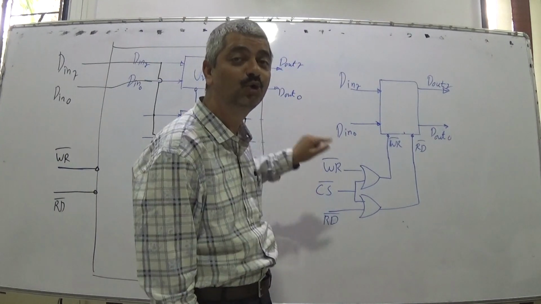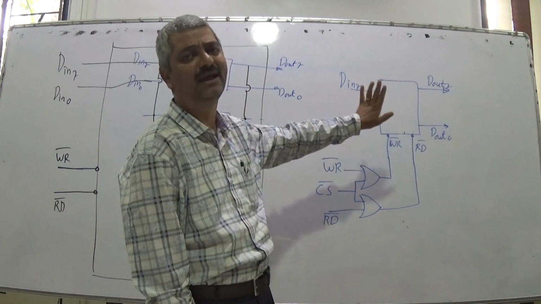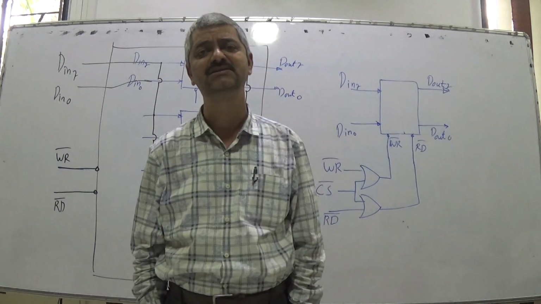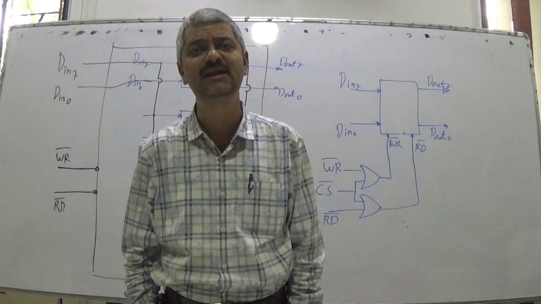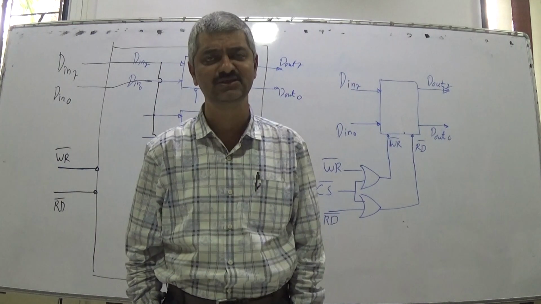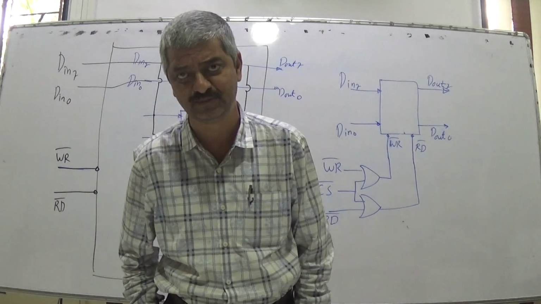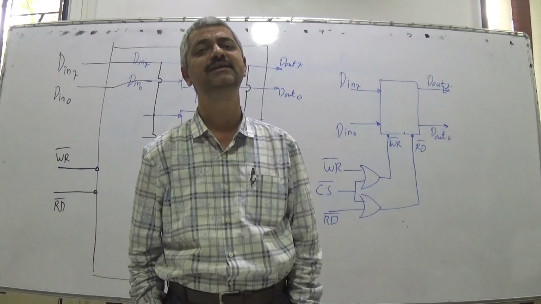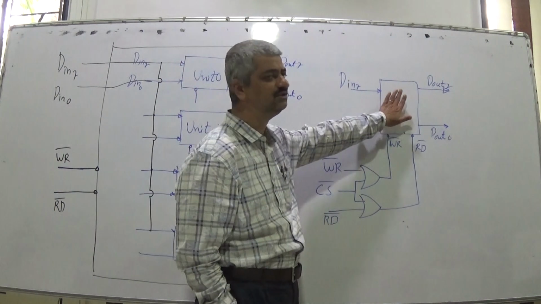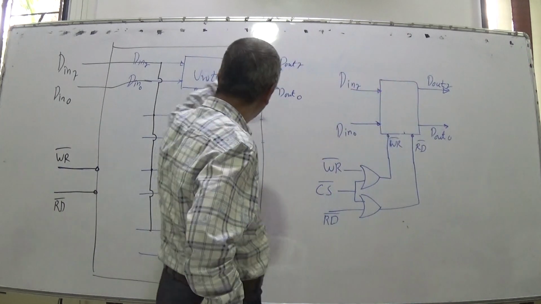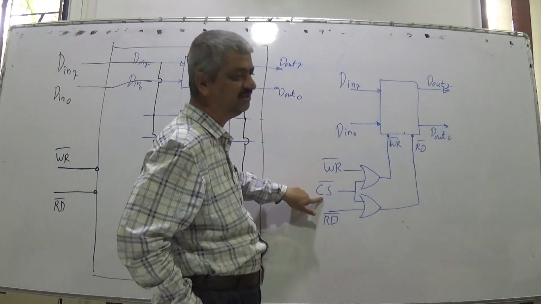This I did not introduce at the beginning because you were having only one. Suppose there is one student in the class, no need to go for attendance, no need to give roll numbers, because the question of rejection is not there. The question of separation, the question of classification is not there. So when one unit was there, no selection requirement. But now we want to use it to prepare multiple. So one CS bar is there.